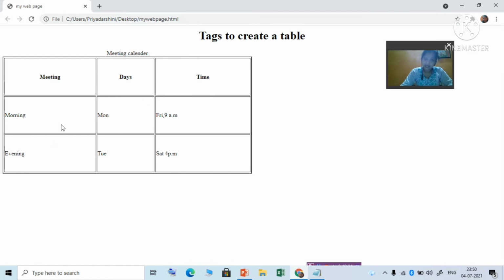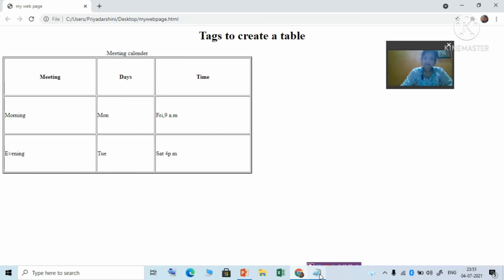Then again create another row, enter its data using the td tag, and then close. Again the same: you go on creating rows, and using td you go on inserting the data. You can see here this first row data is a little bit bolder than the others, because it is a heading row and we have used the th tag for it.